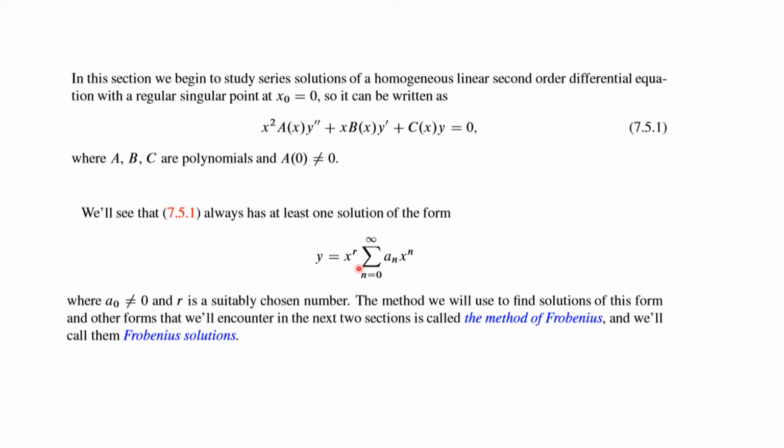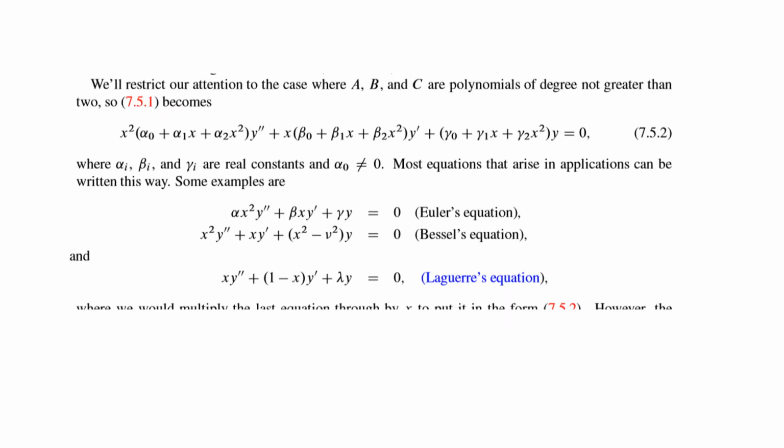Now please note this is not a power series because r is not necessarily an integer. In fact, it's not necessarily a positive integer. So the method we use is called the method of Frobenius. And so the computations don't get unwieldy,